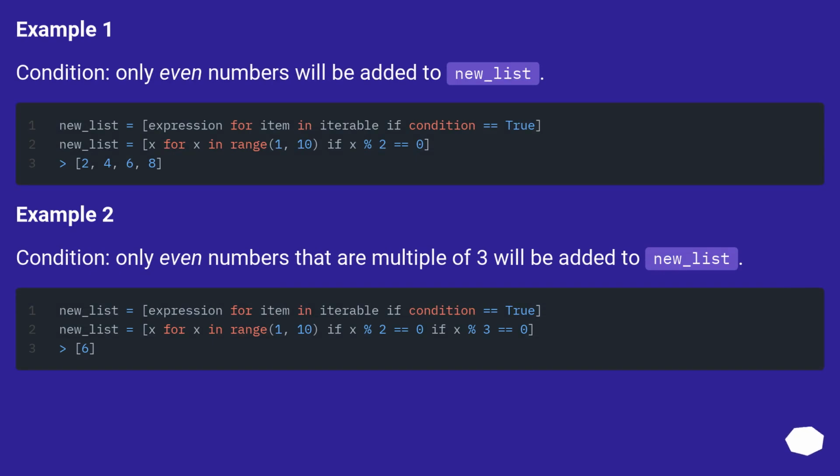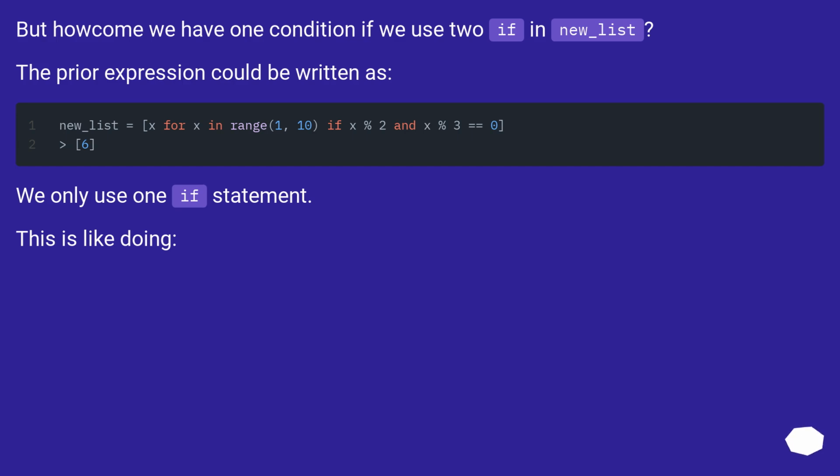Example 1. Condition: only even numbers will be added to new_list. Example 2. Condition: only even numbers that are multiple of 3 will be added to new_list. But how come we have one condition if we use 2 ifs in new_list? The prior expression could be written as: we only use one if statement. This is like doing